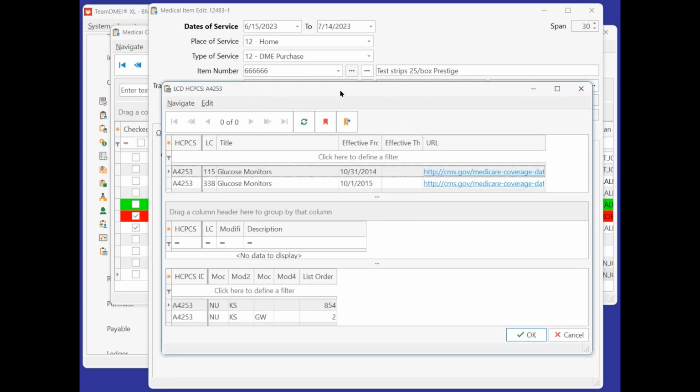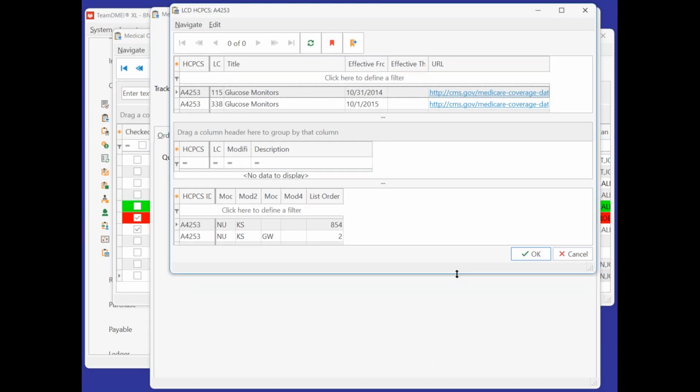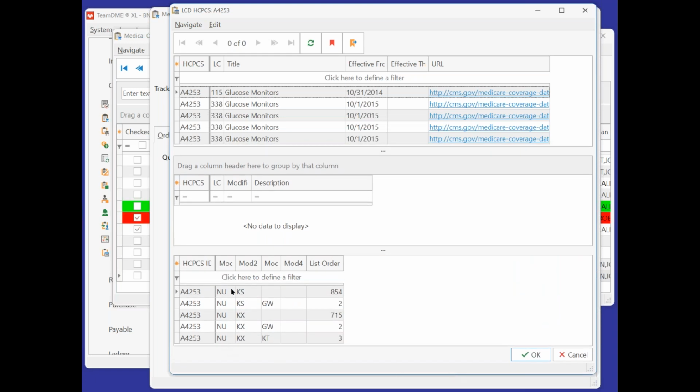It goes into something called the LCD. And if we go to the bottom of this, you will see here are 1, 2, 3, 4, 5 different combinations that people have gotten paid for through Medicare for an A4253. So I think somebody was asking last time, how can I get a list of modifiers? Well, this is the way that you can sort of do it. You can look in this list, if it's Medicare, and kind of get an idea of what people have been